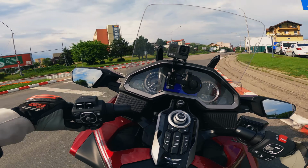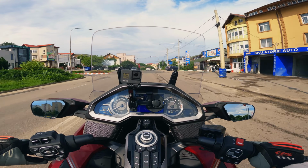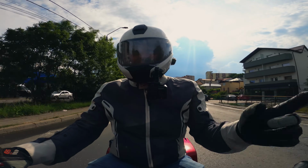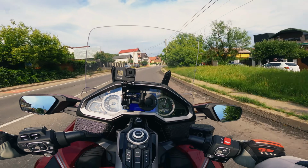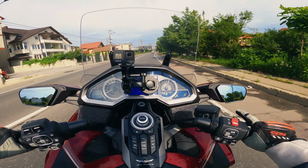Alright, I don't think sport mode is the right mode to ride in the city, because it's a bit too aggressive. Keeps the engine too revved up. It changes gears a lot later, and it also has quite aggressive engine braking. So we'll keep sport mode for when we're having fun on twisties. But for city,